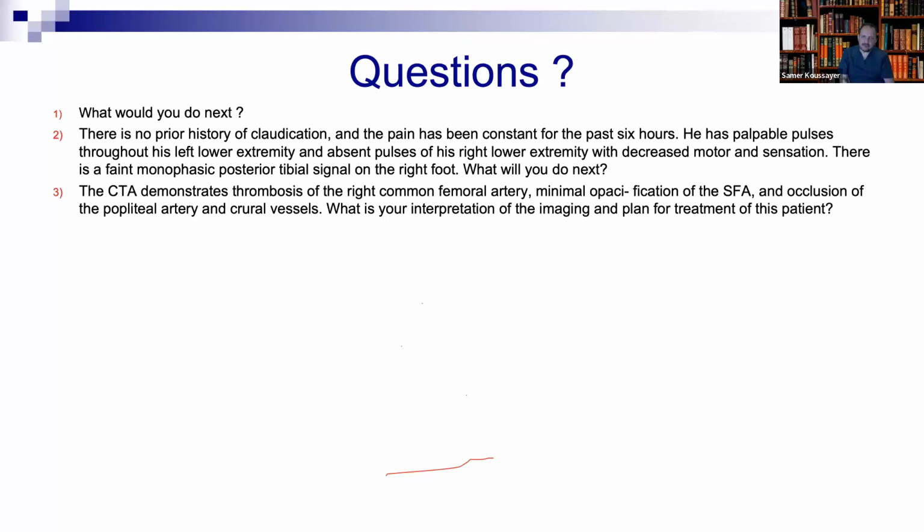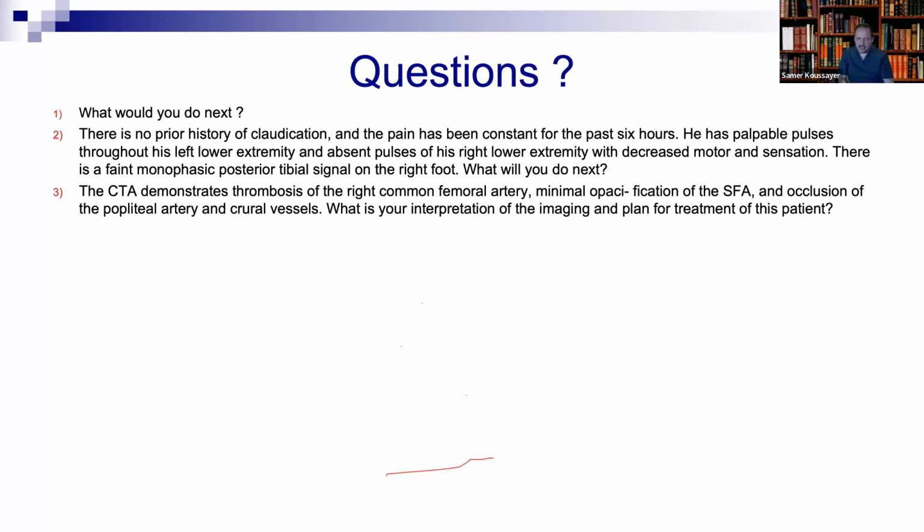What do you expect? Will they be patent or not patent? Because the Fogarty will go directly down to the peroneal. Maybe if I go for a wire-guided Fogarty thrombectomy catheter, this will help me. But if it is Fogarty alone, maybe the posterior or anterior tibial artery will still remain occluded. So I will check angiography.